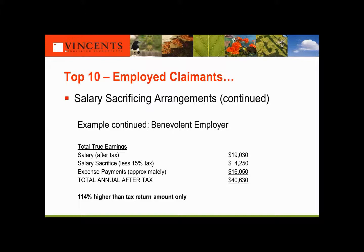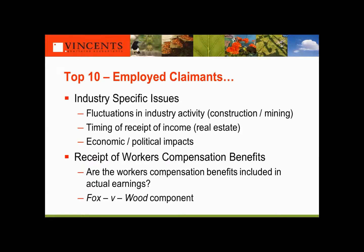So just be aware that if you do see a nurse, you've got an injured nurse as a claimant, then look at the tax return. You'll see in one of the disclosure items an item called reportable fringe benefits. Now, that's the giveaway that someone's salary doesn't comprise all of their earnings. So it's something that you need to be aware of, particularly in relation to nurses and employees